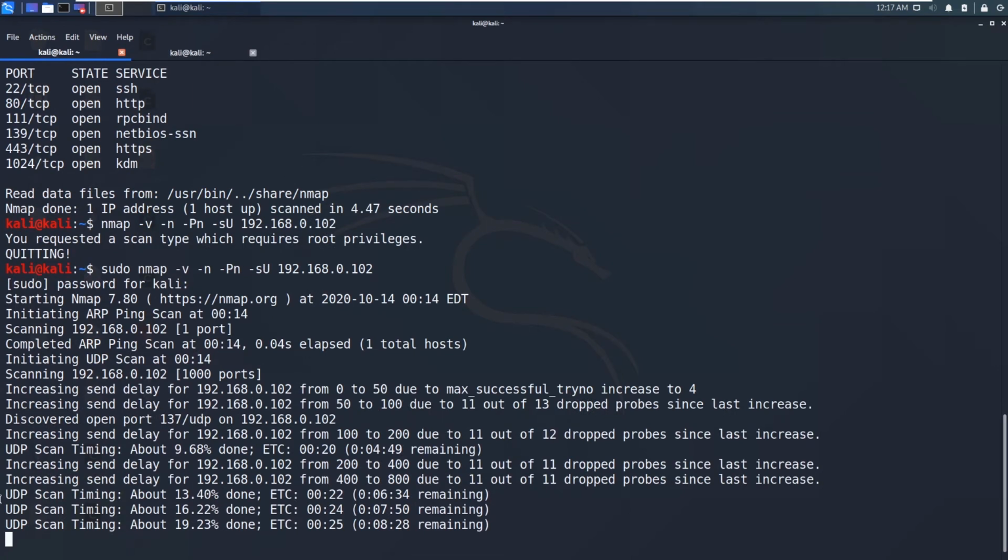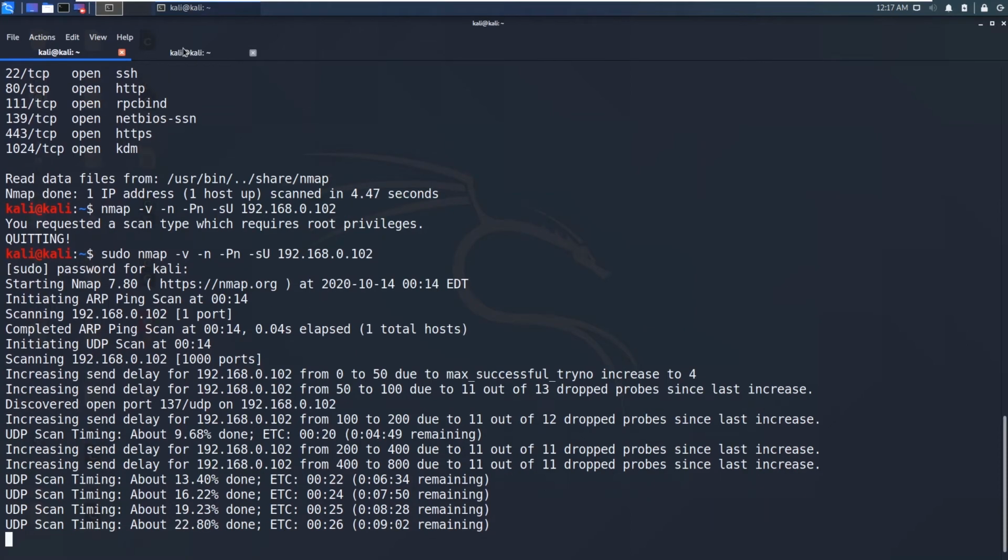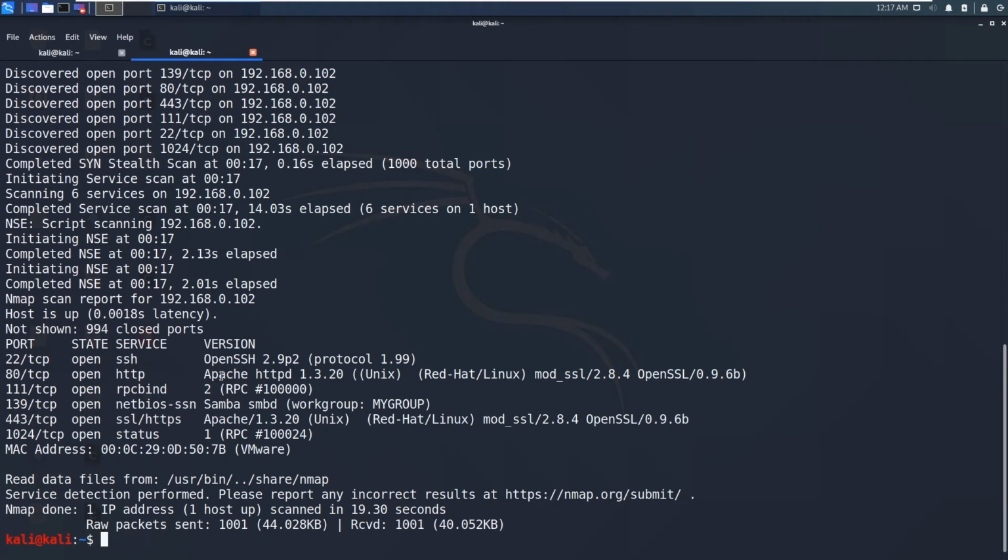So as you can see, UDP scan is very slow. So I always recommend you put that UDP scan in the background, and after some time you can see the UDP scan. Now we got some version information, and SSH is running OpenSSH 2.9p2. You can search Google for any exploits that take advantage of this version number, and you